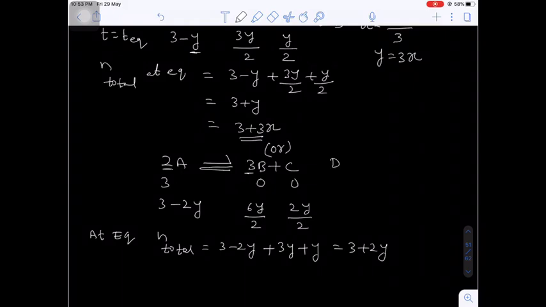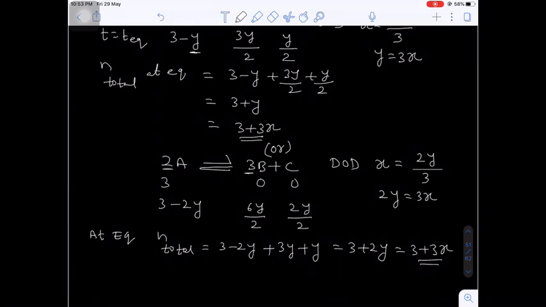Now here, what is the DOD? X is given. The statement of DOD: number of moles dissociated, 2Y, by total number of moles, given as 3. So by cross multiplication, 2Y is equal to, shall I write 3X? So instead of 2Y, I am writing 3X. So again the answer is 3X.